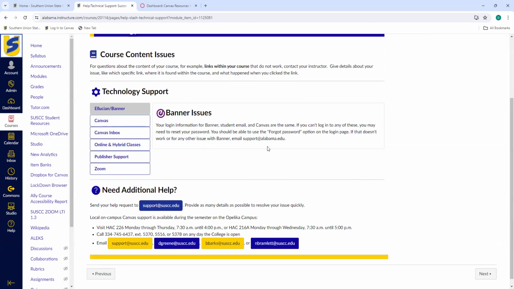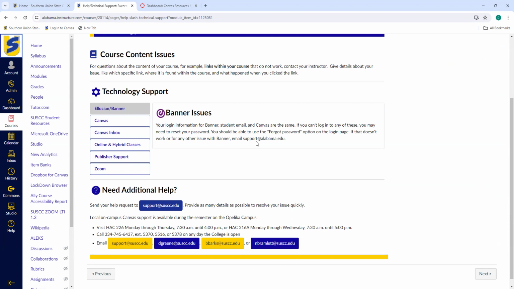Now, what's going to be new here is that we all now have a portal system, right? So the My SUSCC, all of that, when a student goes in, they will see all the same information and they have one login, and we have a single sign-on system now. So all their Banner and student email and Canvas are all located behind that portal wall. If they have problems or they forget their password, it has to be reset at the system office. So you would direct them here